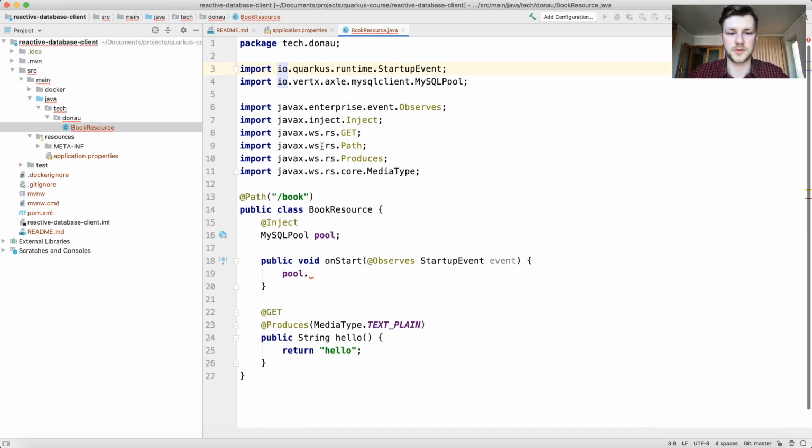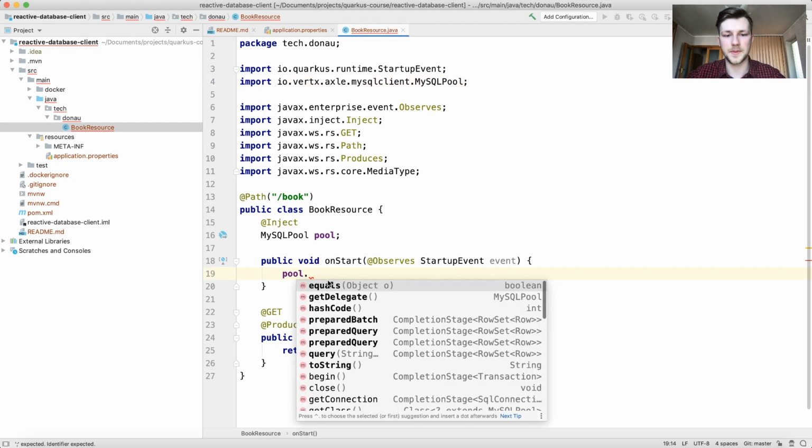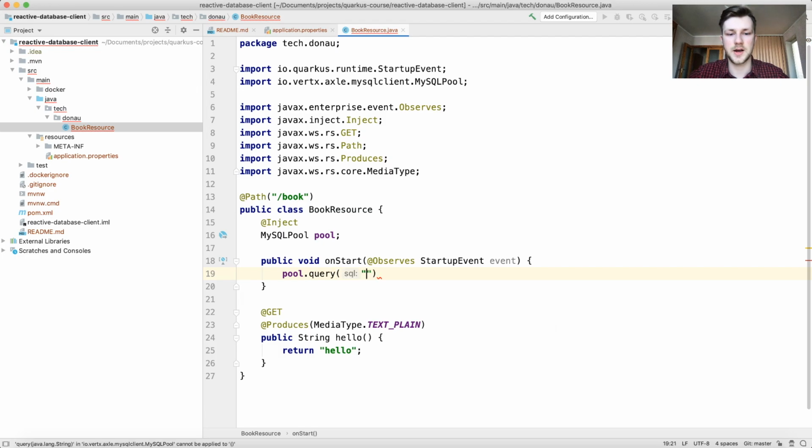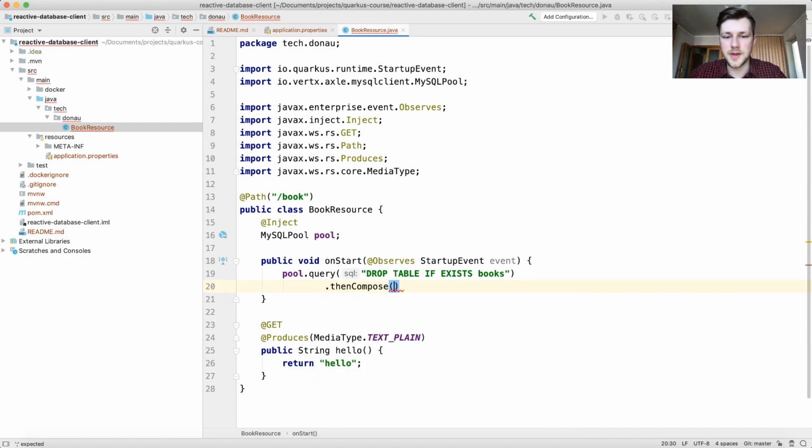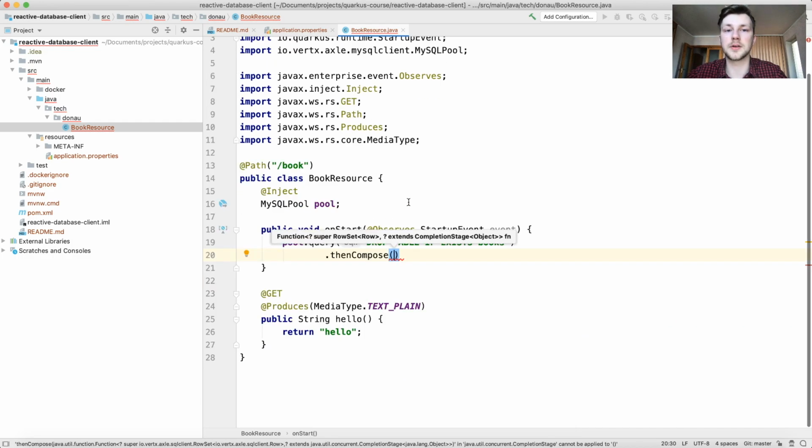I'll make it larger first. You should have this Axle import here in order to make it correct. So you can call a query, of course, and then let's say drop table if exists books, like this. Then you can call thenCompose, and now you have a function. And I hope you're using Java 8. So now you can call, for example,